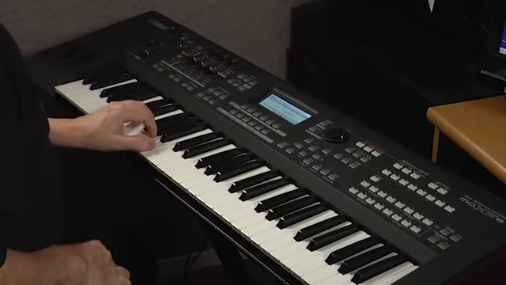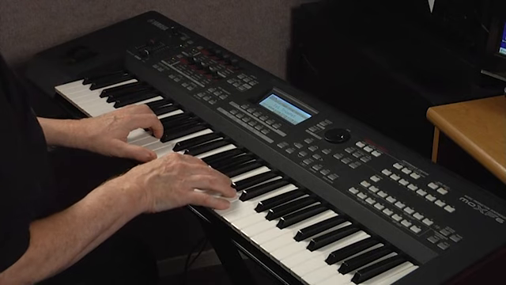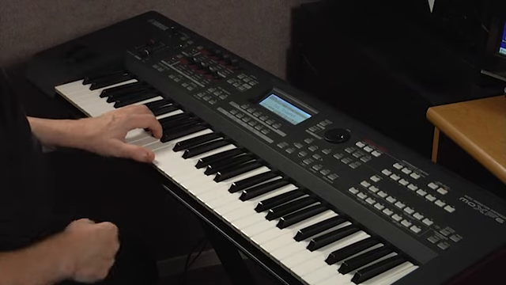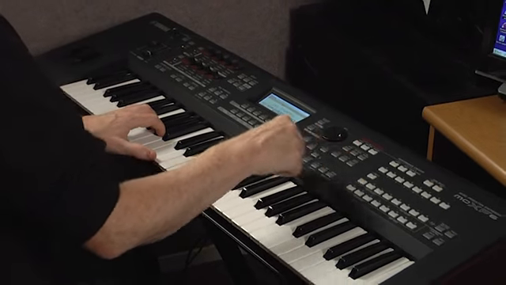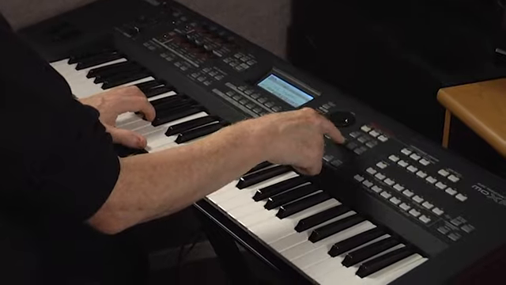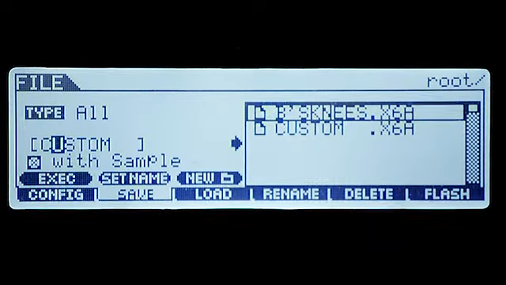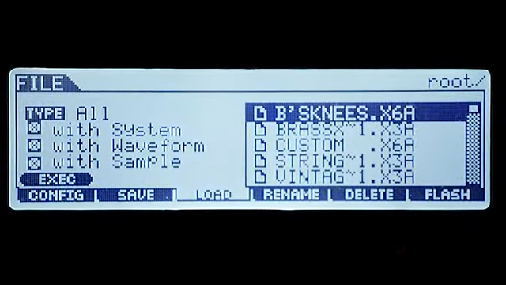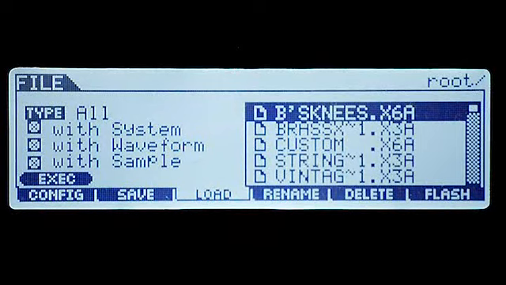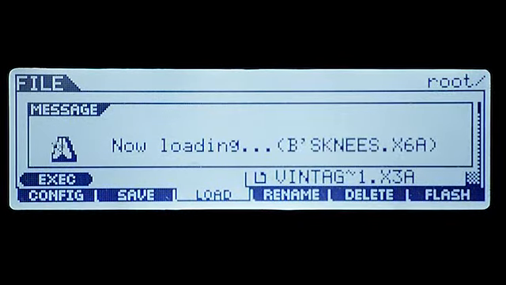Let's look at another scenario now where I'm going to accidentally end up with duplicate samples on my flashboard. I'm going to repeat the steps, where everything is already loaded in here, but I'm going to go back to the All type file, and I'm going to select the load operation, and select Bee's Knees, the organs library again, with all these boxes checked. So press execute, it loads the Bee's Knees file,